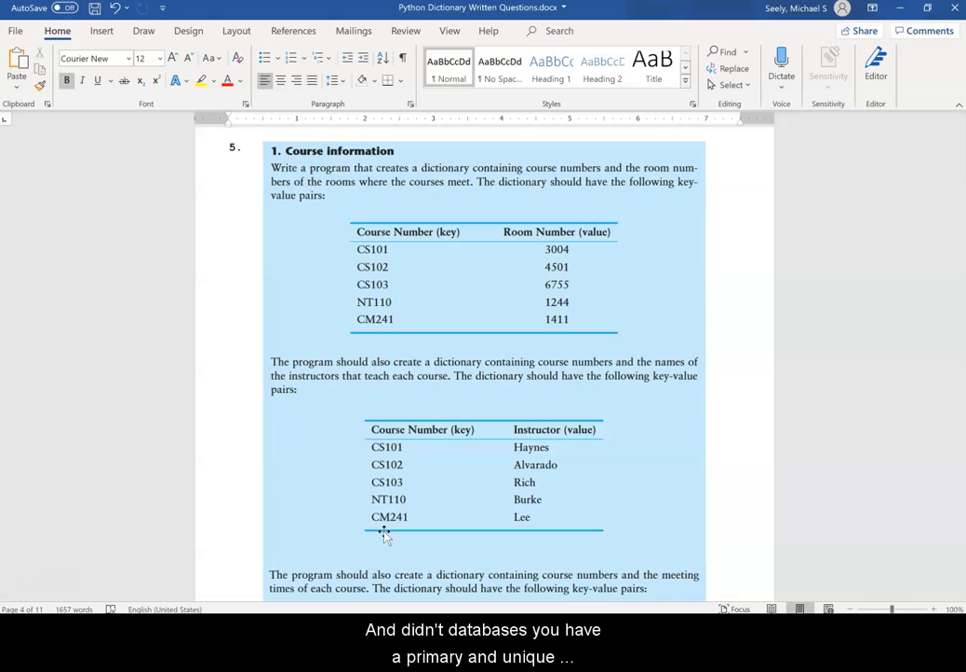In databases, you have a primary and unique key for every single table that you build, and then those unique keys let you bring together tables with all sorts of data and information. So